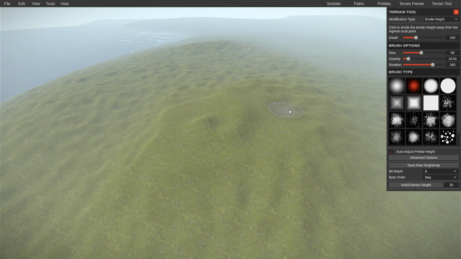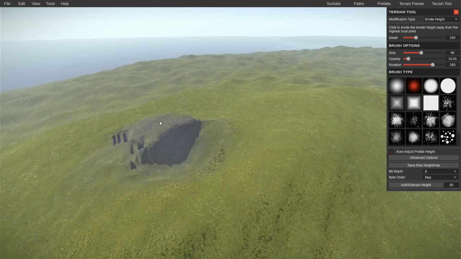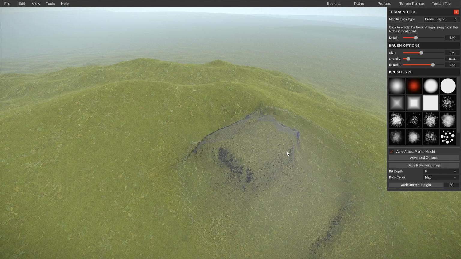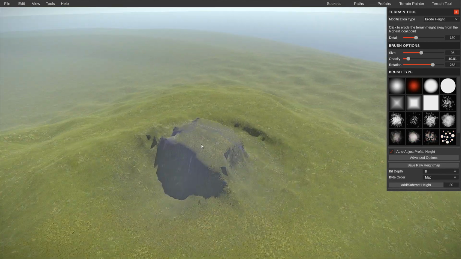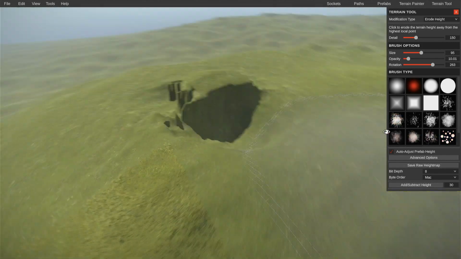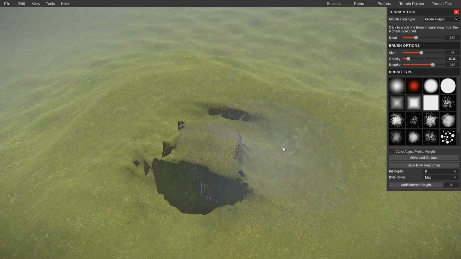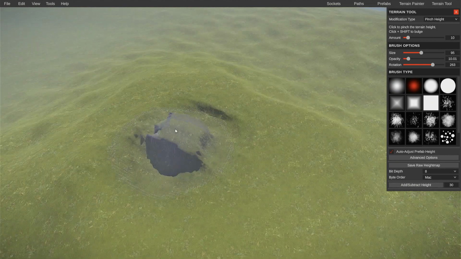So this is with the opacity really far down. As you can see, if I start clicking on something here with erode height, it's actually leaving the thing in the center of what I'm clicking. It's leaving that in the center. And everything around it, it's eroding the height down. So it's eroding the height, basically. And then there's pinch height, which